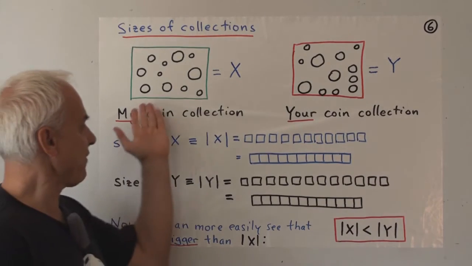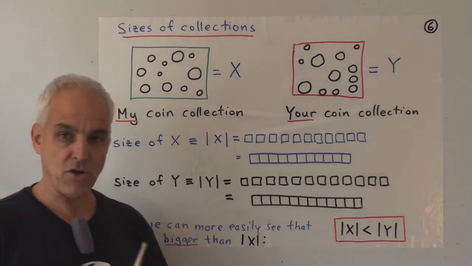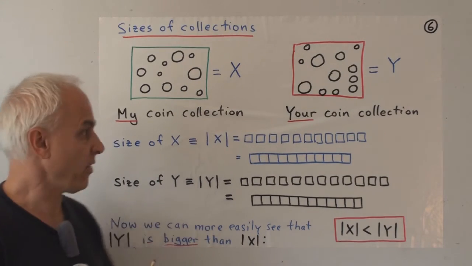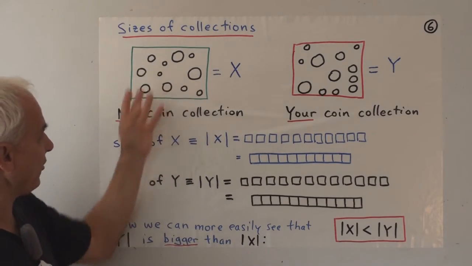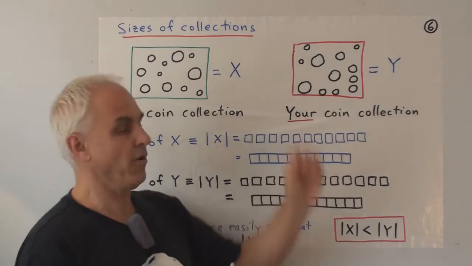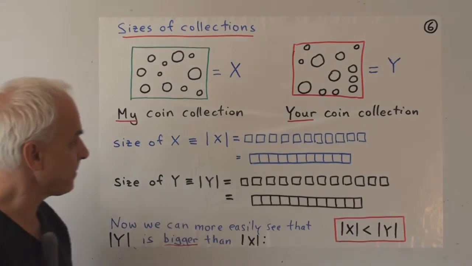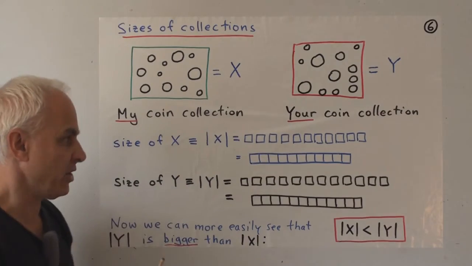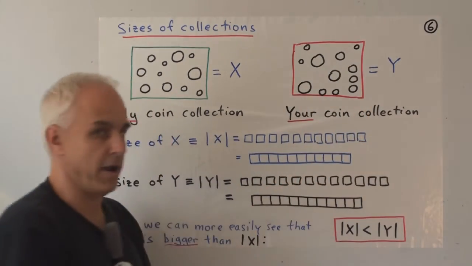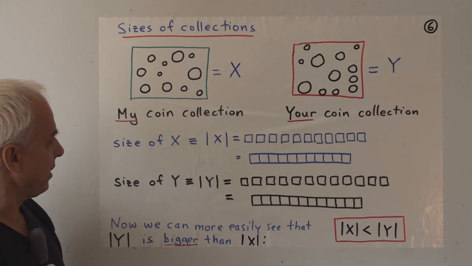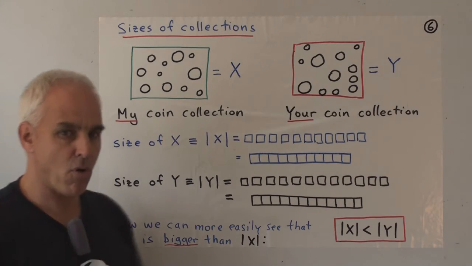So for example, suppose that I have a coin collection. We might go back to the ancient Greeks, who first started printing coins 500 or 600 years before Christ. So I've collected a bunch of coins. Maybe they're different sizes, different denominations, and you also have a coin collection of different sizes, different denominations. Let's give a name to my collection. Let's call it X. Let's give a name to your collection. Let's call it Y. And suppose we are interested in whose collection has more coins in it.